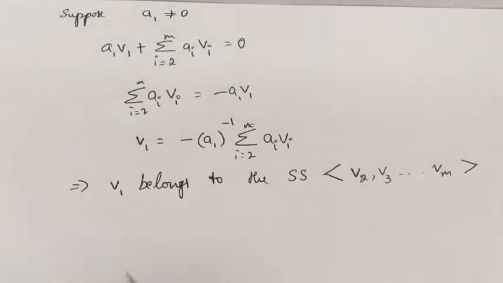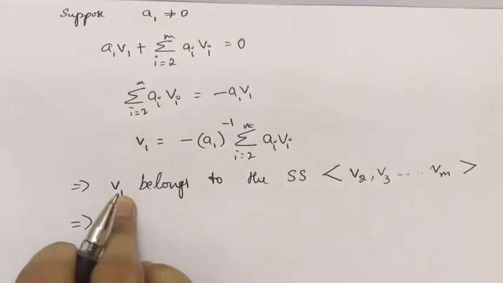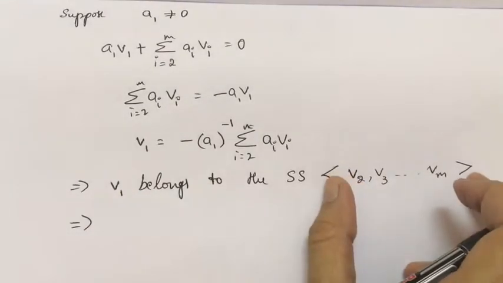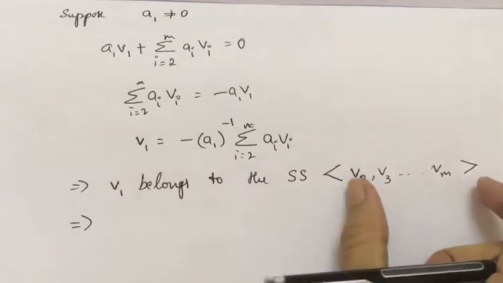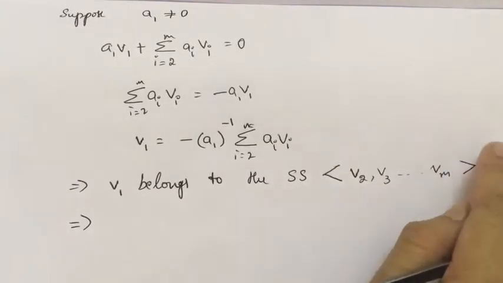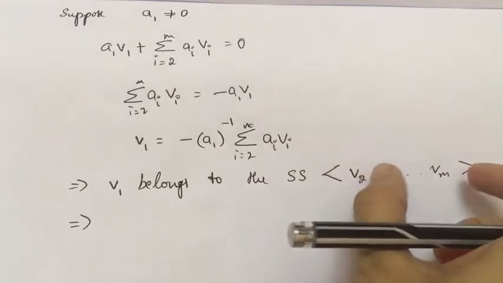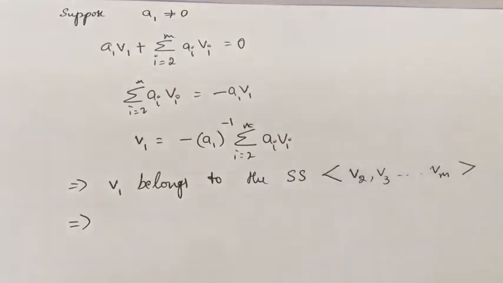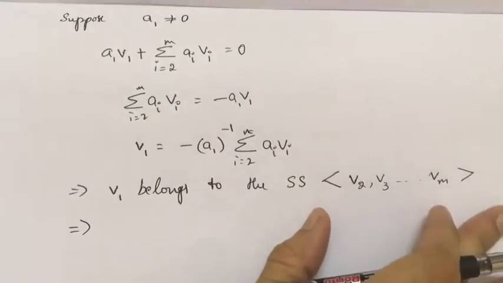Right, which implies, what does it imply? This vector belongs to this. Means this vector can be written as a linear combination of these vectors. That means this is a generating set for the vector space V, but which is a contradiction to the fact that